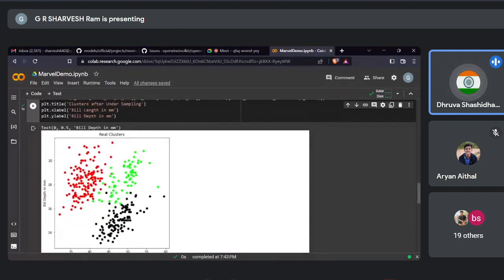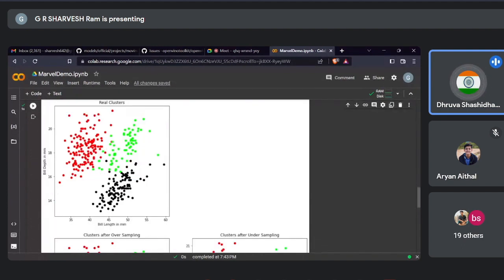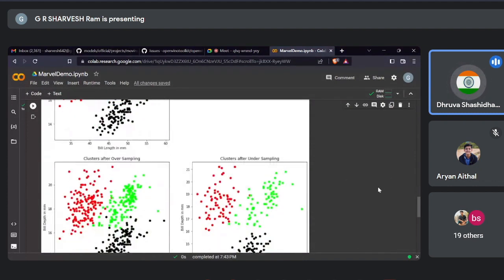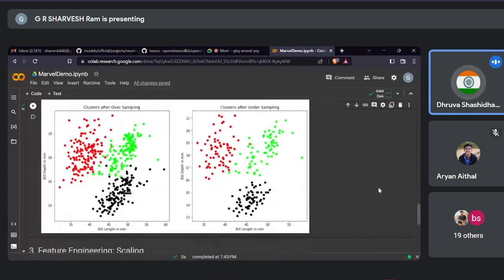In the first graph, the scatter graph, we can observe the real clusters. In the next graph, the clusters of oversampling, we can observe the instances after the oversampling has been performed, and in the third graph, we can observe the clusters after undersampling has been